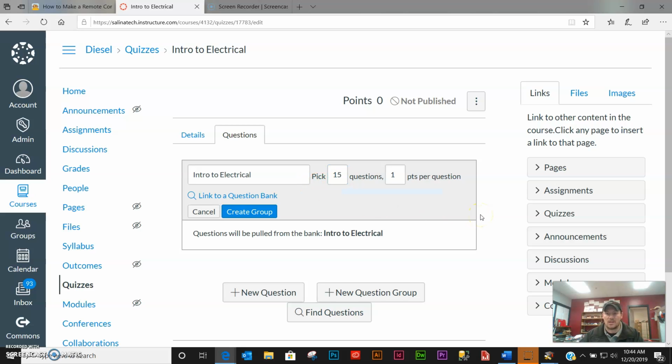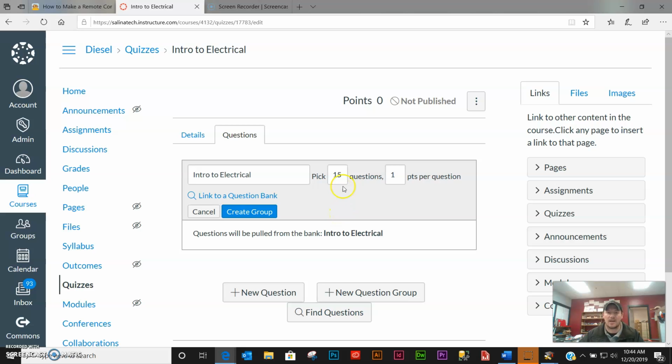Now this does 2 things. A, it completely randomizes the order that the students get the question in, which really helps with people who like to look at each other's screens, stuff like that. They're not always looking at the same question at the same time. So it randomizes the order, as well as you can make it so that it doesn't pick all of the same questions. So maybe you want a question bank of 400 questions, and it's going to pick 15 random questions out of that,